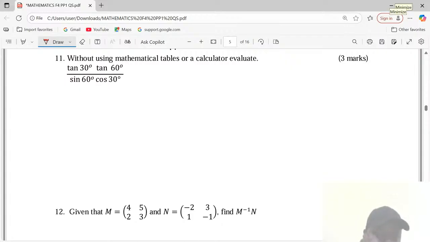Number 11, which is on trigonometry. Without using mathematical tables or calculators, evaluate tan 30, tan 60 divided by sine 60 and the cosine of 30. This is a simple question, and I just want to take you quickly through how you can derive these particular